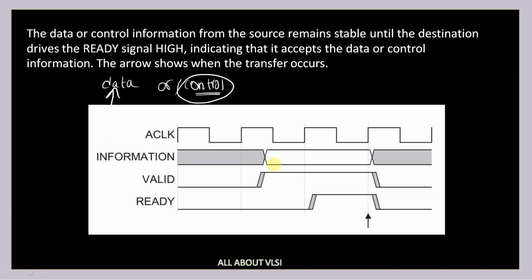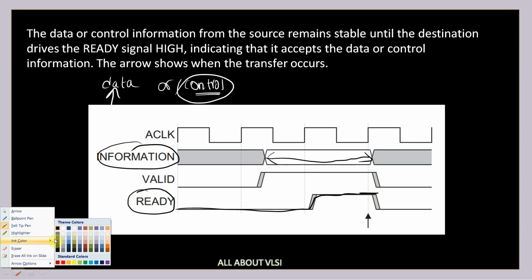Until and unless the destination is going to drive a ready signal, your data and control information is constant, that is, it is stable. Okay, and if you got this particular ready signal as high by your